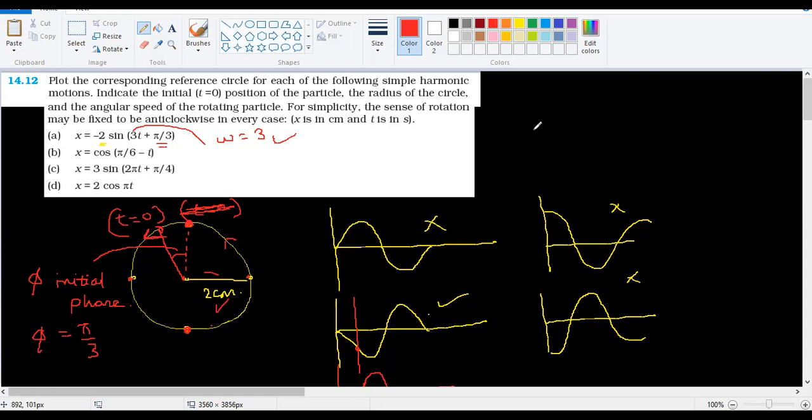Again, cos means either here or here. For example, if you're starting from here, I will do one more thing. One more problem here, and then I will leave these two things as homework. So cos means I have to start from this extreme position. Should I choose this one or this one? Well, it looks like this is a positive displacement, which means